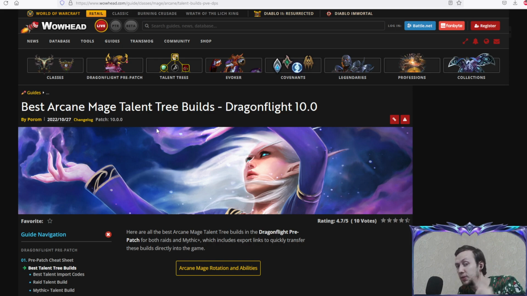And in pre-patch we still currently have access to our legendaries, to our covenant abilities, and we don't have enough talent points. So when the Dragonflight expansion hits live servers, all these builds are gonna be updated on my channel,